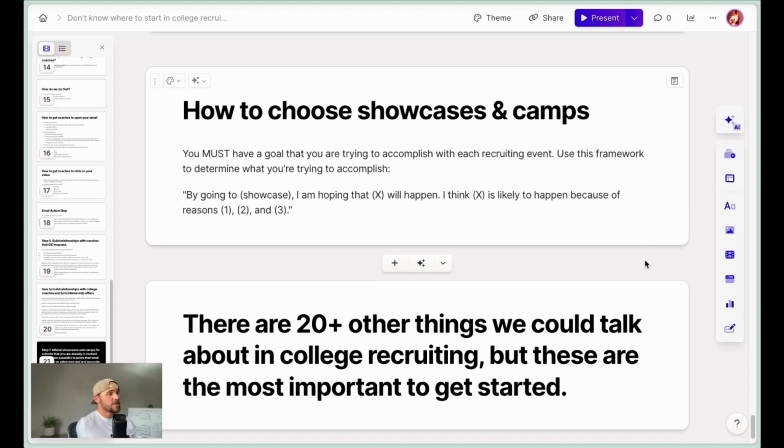Trust me, in high school, I went to literally every showcase or camp you could possibly imagine. I was traveling every single weekend. I was a good player. I had good stats. I did the whole thing. Guess what? College coaches largely don't